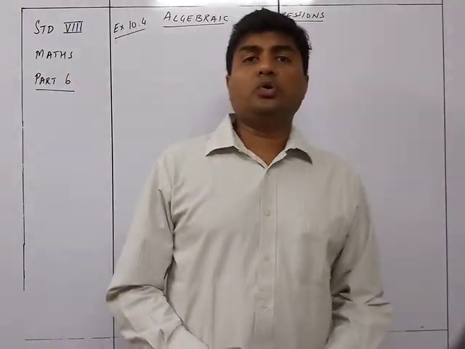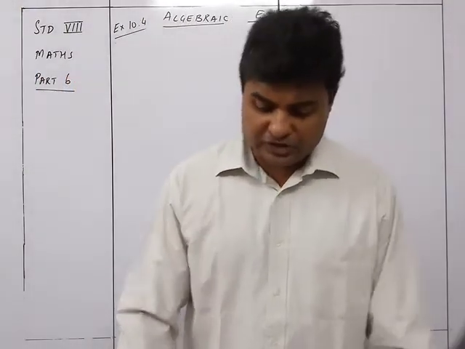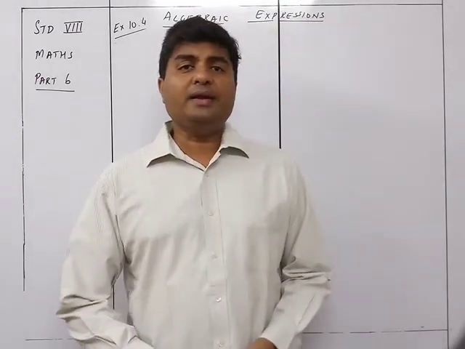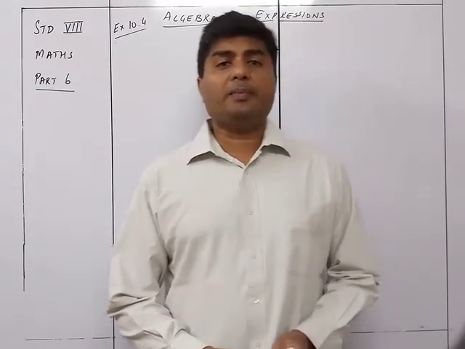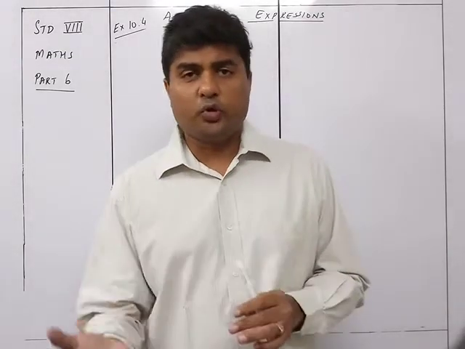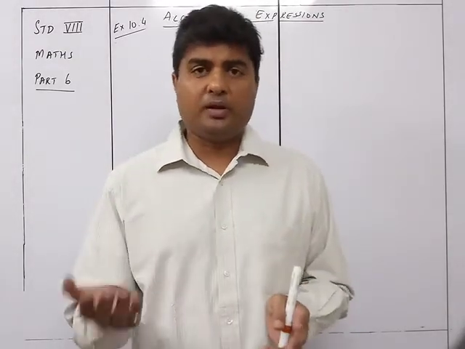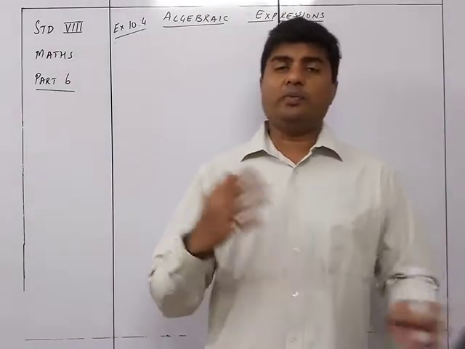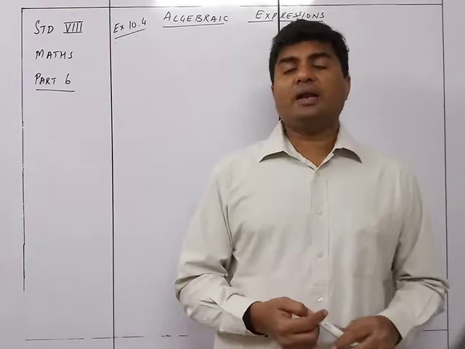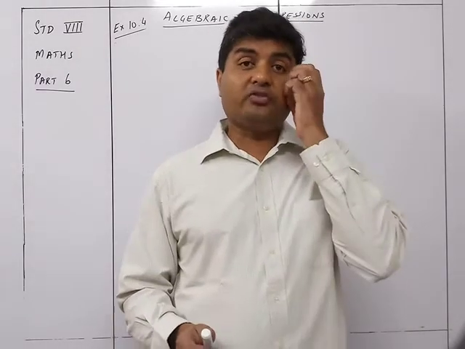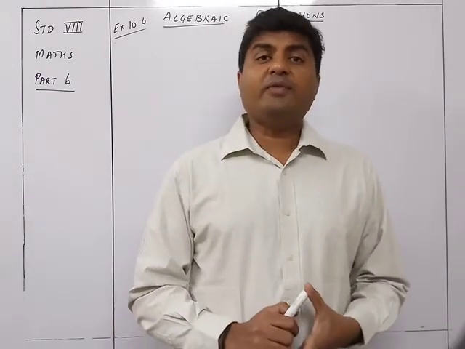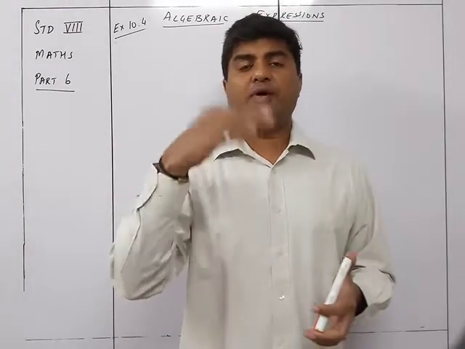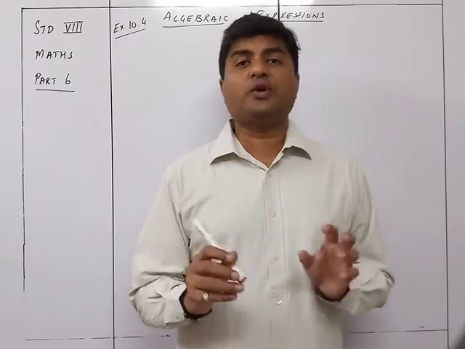We now come to the next part of algebraic expression, and that is division. Again, as we have the multiplication of monomial with monomial, then monomial with binomial, binomial with binomial, binomial with trinomial, and trinomial with trinomial, and so on, similarly we will be having different kinds of division also. Now when we talk about division, it's going to be very easy because it's just upon and you are going to do cancellations when it is related to monomial.